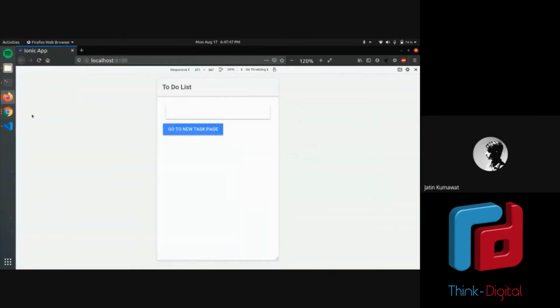Let's just try it out. I will write new task 3, sample description 3. Okay, so as soon as I click on this function button, it closed the page and I have my view.